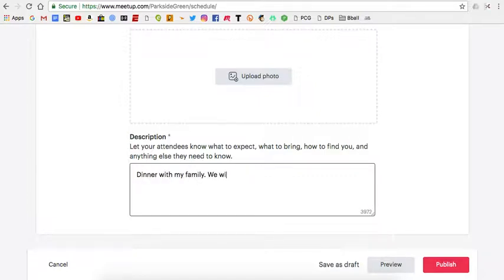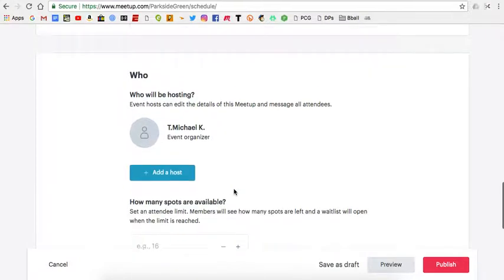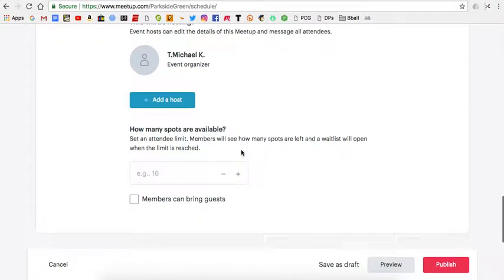We will provide all the food, fun, and dessert. Just come and relax, just to get to know each other. Whatever. I can put in there whatever I want. And then who will be hosting? I will be hosting. And I can add other hosts if I wanted to,